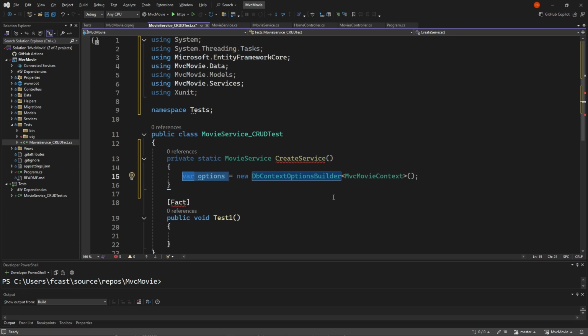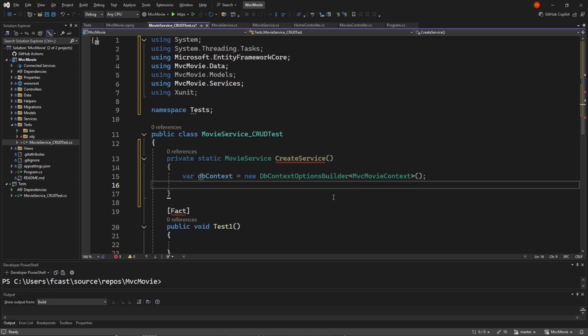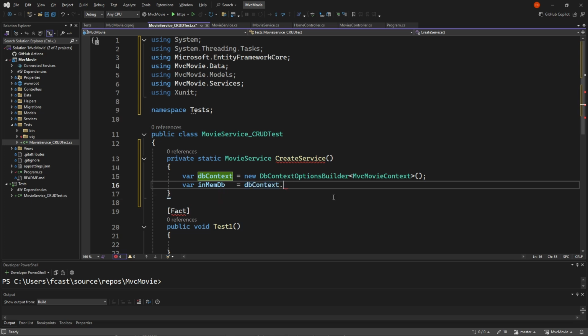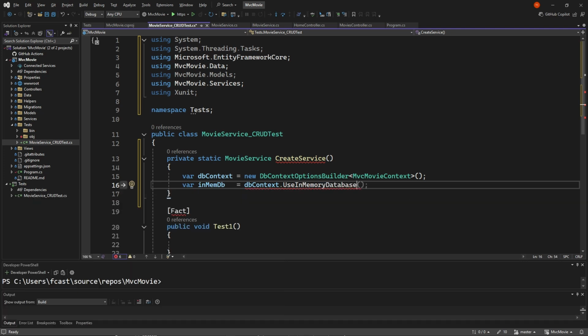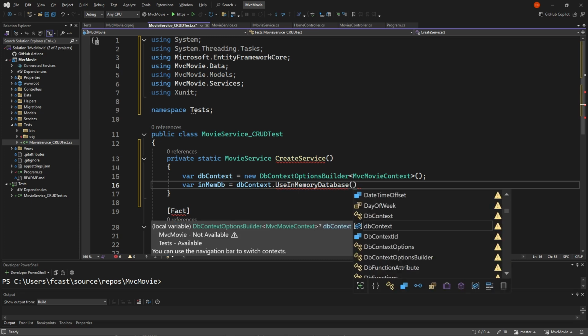So I'm going to call this db context. Then for our in-memory database, I'm going to say inMemDb, and this is going to be db context, and we're going to use the method UseInMemoryDatabase, and this is going to refer to the movie object database,